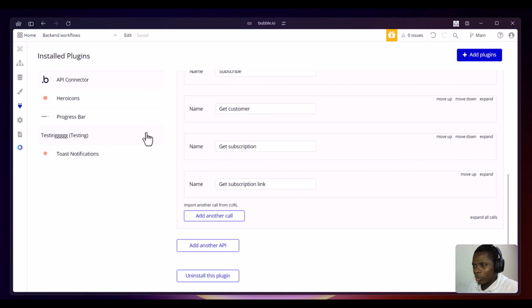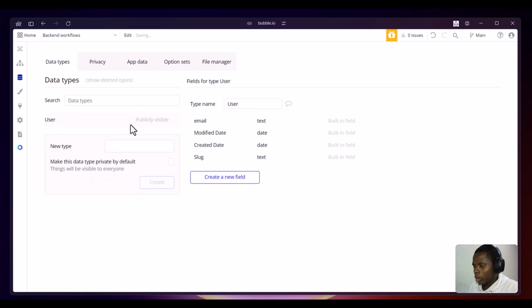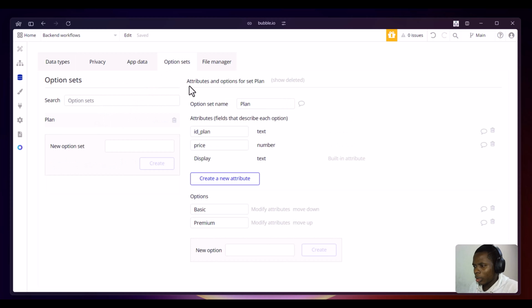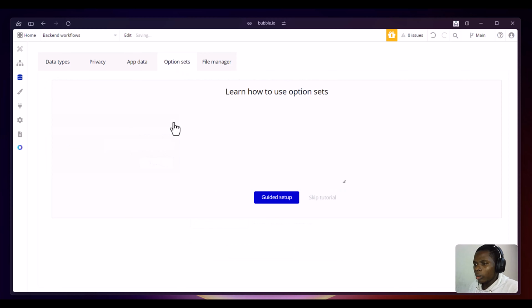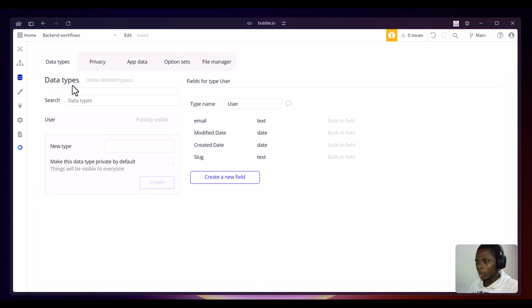Let's head to data. Yeah, I have this subscription table created already. I'll just delete it and create it from scratch. Okay, I also have an option set that has been created. I'll delete that too so that I can show you guys how everything is done. So starting from scratch,